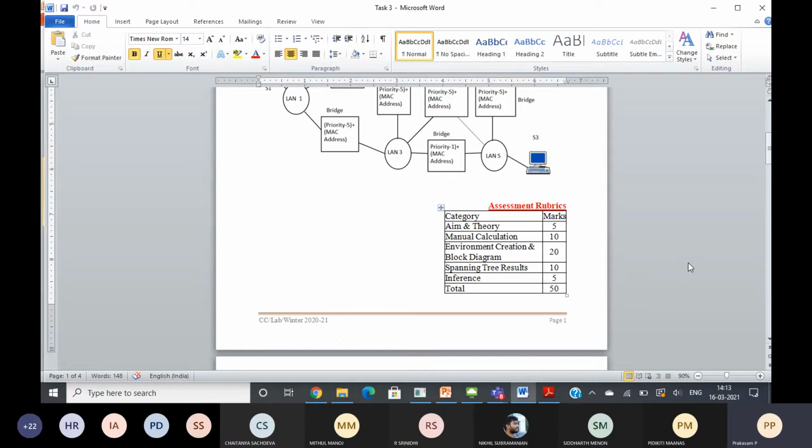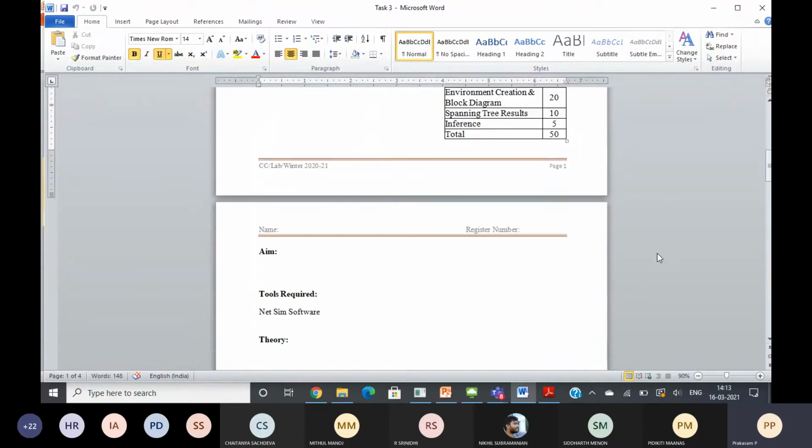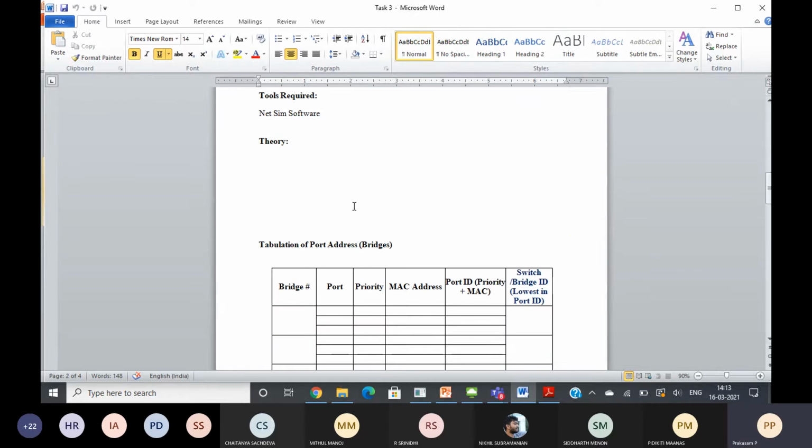Then you have to calculate the spanning tree, like the root port, designated bridge and port, block ports, manually. Then you have to cross-check with the simulation. Manual calculation contains 10 marks. Environment creation, the block diagram using NetSim, is 20 marks. The final spanning tree results you get from NetSim carry 10 marks. Inference is 5 marks. So totally 50 marks. For theory you can write about the spanning tree.